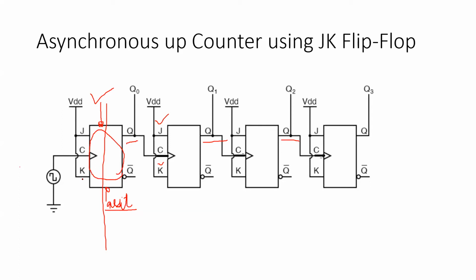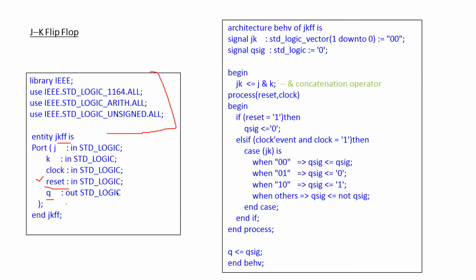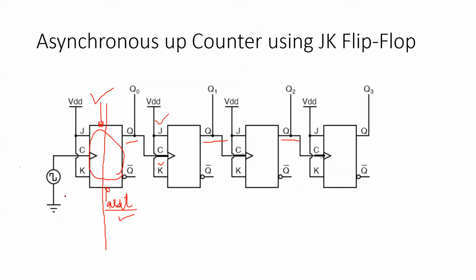So we have J, K, and clock as input, Q as output, and reset as again an input port. So if I want to reset to a 0 or initial state, I simply give a specific input over here. So it is mentioning JK, clock, and reset as input ports and Q as an output port. I haven't defined Q bar over here because we do not require the Q bar functionality in subsequent stages. As you can see, we haven't got any value of Q bar over here. Simply I have a Q over here.